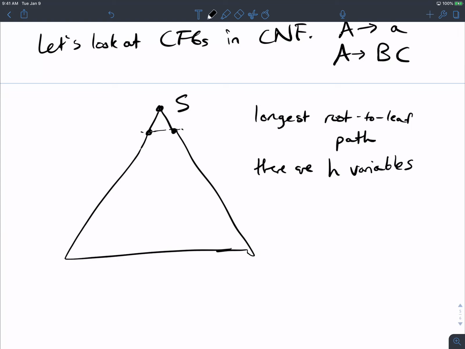How many nodes must there be in the tree to guarantee some repetition of variables somewhere? Yeah, so the height of the tree must be at least h plus 1. You can actually do slightly better than that, but let's just say that's fine.